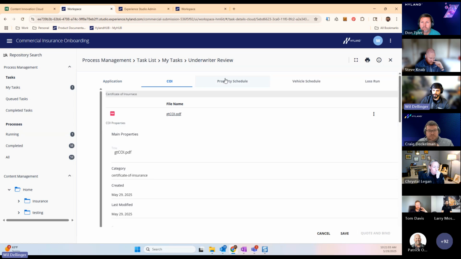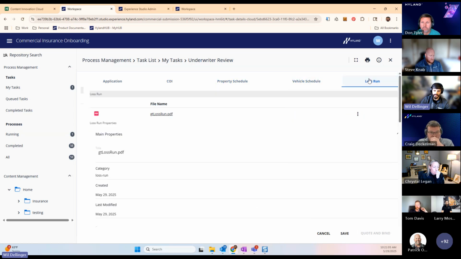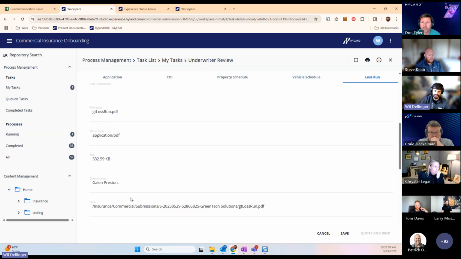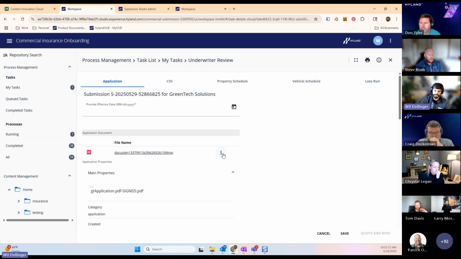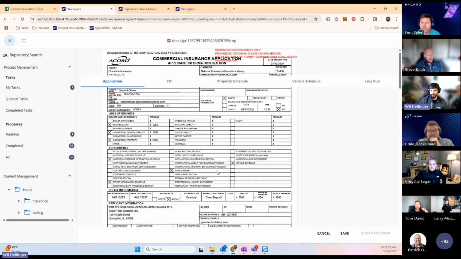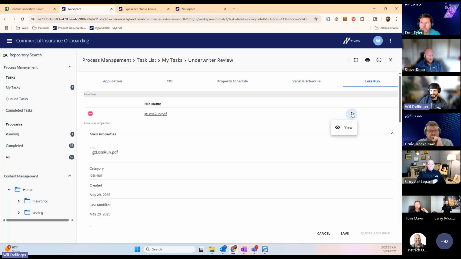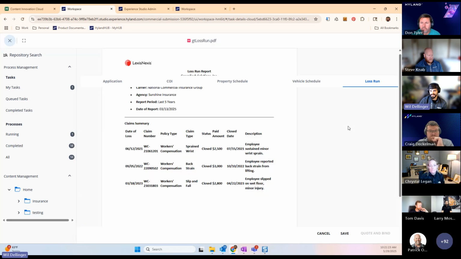So we have a tab here for each of the documents that we captured. They'll all have the properties of that document listed here, and then we can view them as well. So we just hit the file name here, and then we just hit this little button and say view. And I can actually go between the different tabs, and I can view different documents at basically the same time